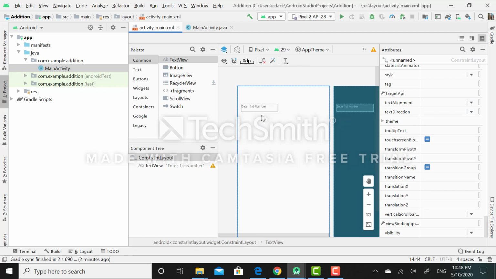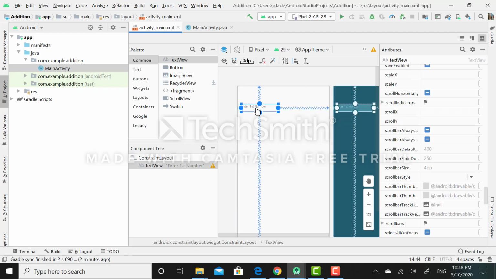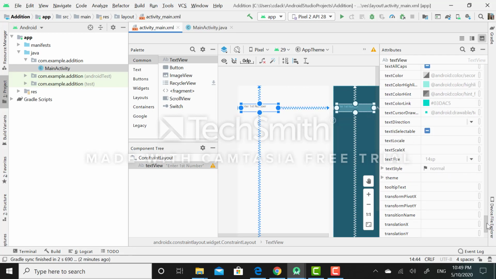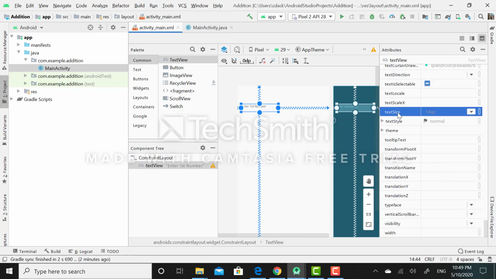So now the enter first number message has been set on this text view widget. To increase its text size, again I will select the text size attribute. Here you will find the text size attribute. By default it has been set to 14 sp. I will increase it up to 24 sp.